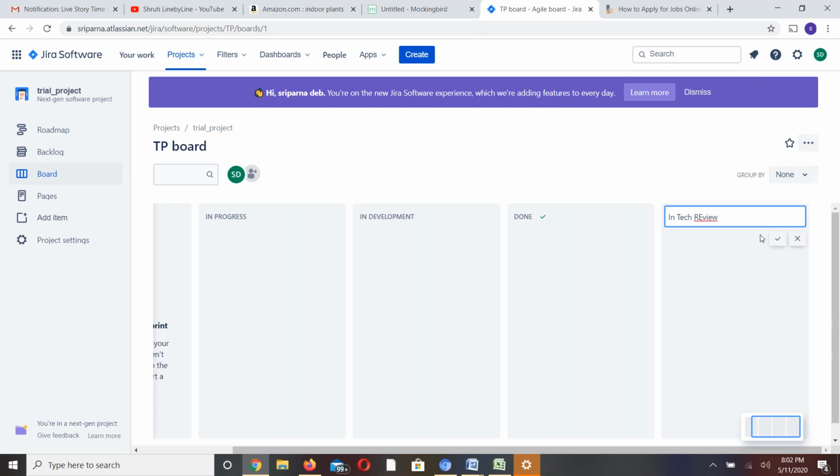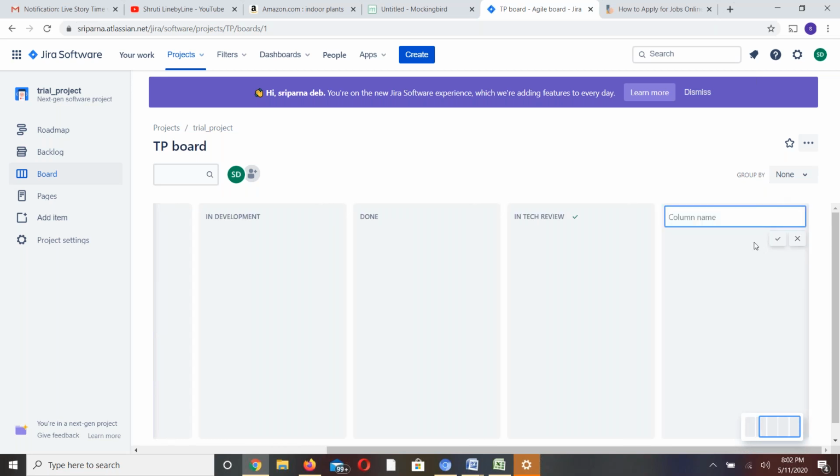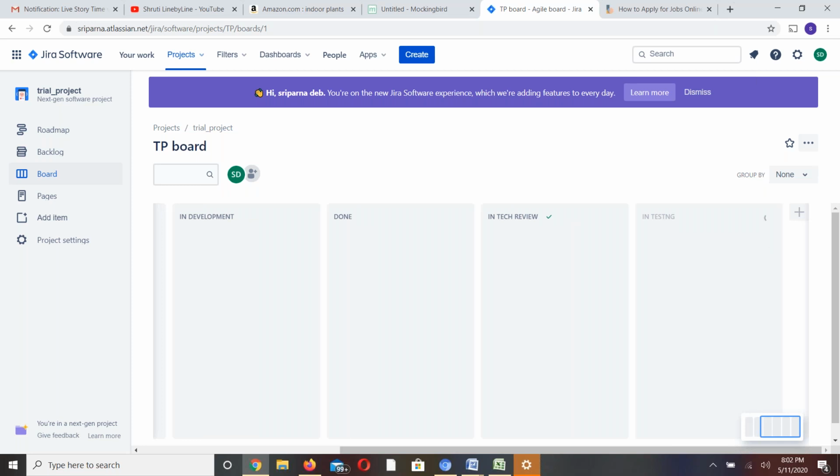Don't worry about version. In tech review, and then we have in testing. Since I'm accessing someone's machine, it would be a bit slow, so just try to understand that.